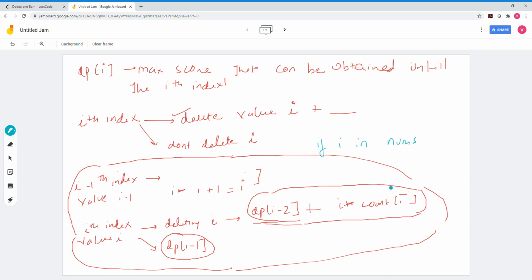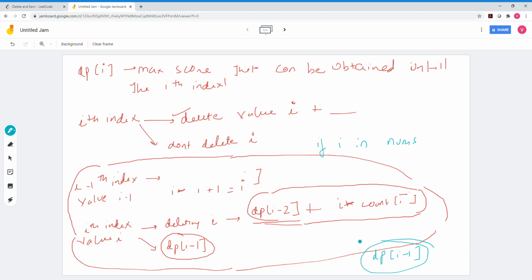See, if the value i is not in nums, then the maximum until the value i is simply the same as dp of i-1. Basically, the maximum you can get until value i is the same as you can get until the value i-1. Because if i is not in the array, can you delete it? You cannot. So the maximum will simply be the maximum you can get by deleting until i-1. Right. So if i is not in nums, then dp[i-1] is your answer for that index.